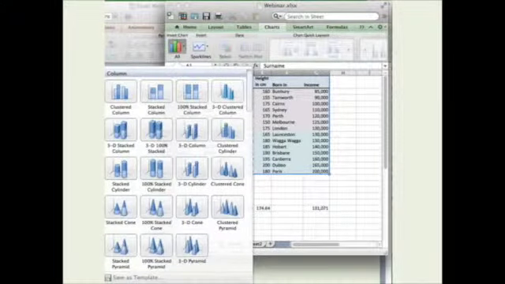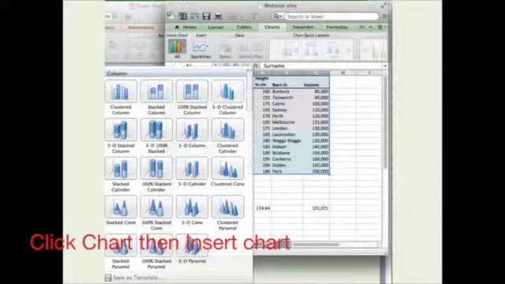Creating a chart which visually displays your information is one of the best ways to show what you're looking at. Humans are primed to get their information from colour and movement, pictures, not text and numbers. So, first select the data that you want to display and then click on the Charts heading and then Insert